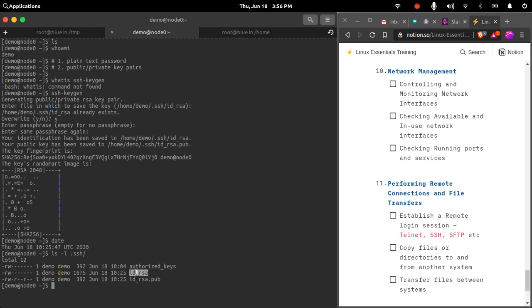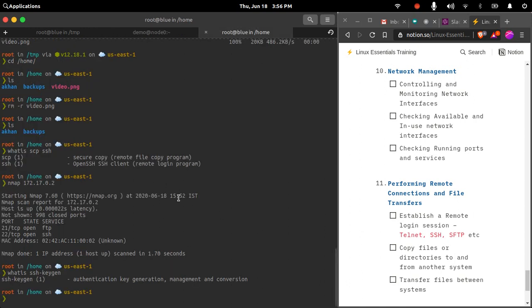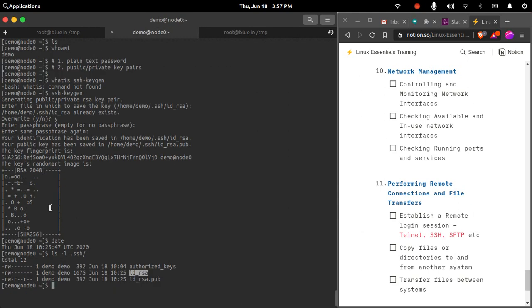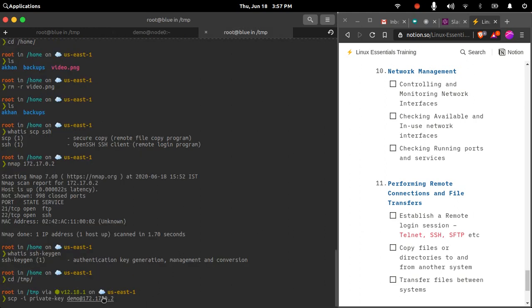So you need to keep this private key securely on the system, because you will always require this private key to prove your identity on the system. Right now I had copied the private key, and this private key is overwritten now. So ideally I should not be able to communicate using the existing private key that I had. The key files are already overwritten. Right now the timestamp is changed, but I have a public key that does not match this private key, so this private key is not available right now.